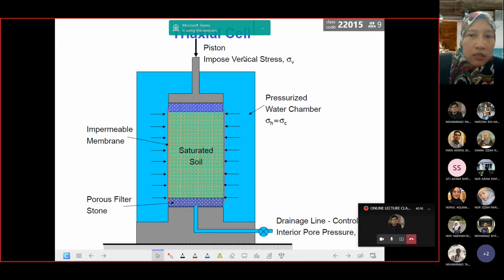On top of it adalah vertical stress atau kita panggil sebagai axial load. On the surrounding for the chamber, yang daya di sekeliling chamber ni kita panggil dia sebagai horizontal stress ataupun confining stress. Sebenarnya bila you tengok ni dia dalam 2 dimensions, sebenarnya dia can represent dalam 3 dimensions. So in reality awak punya silinder tu bentuk